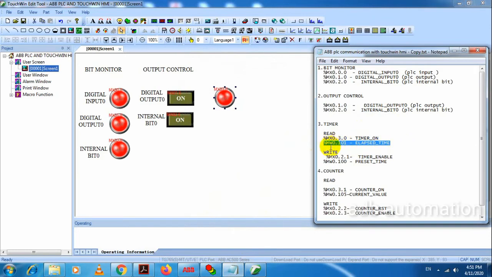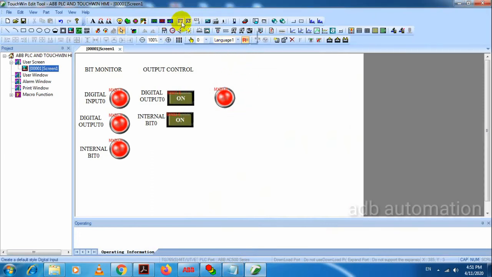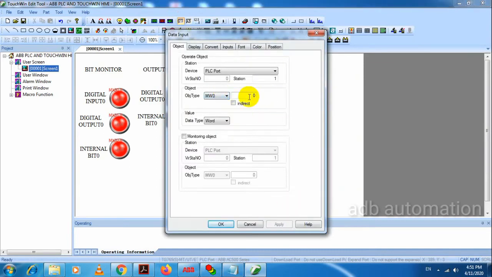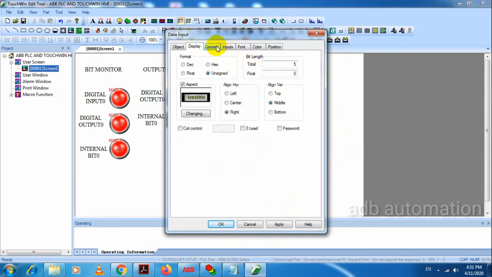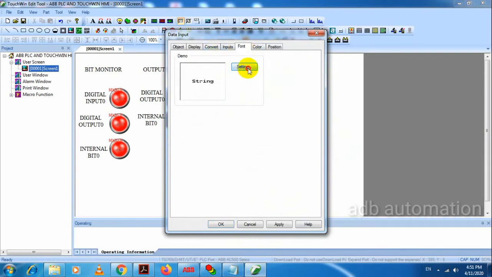The address is MW 0.101. Next I have to write one word value. For that I'll use digital input. Address is MW 0.101. Okay, font I will change. I will use a big font.